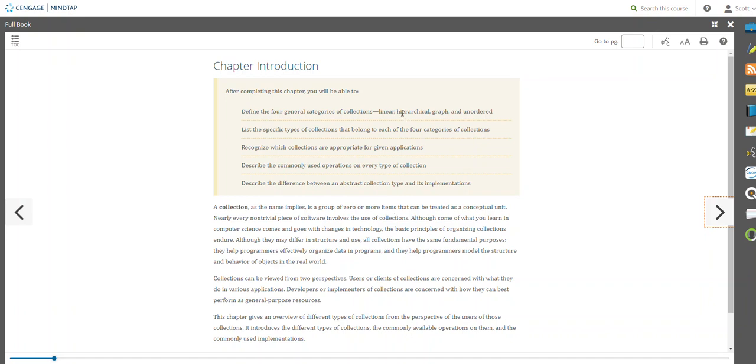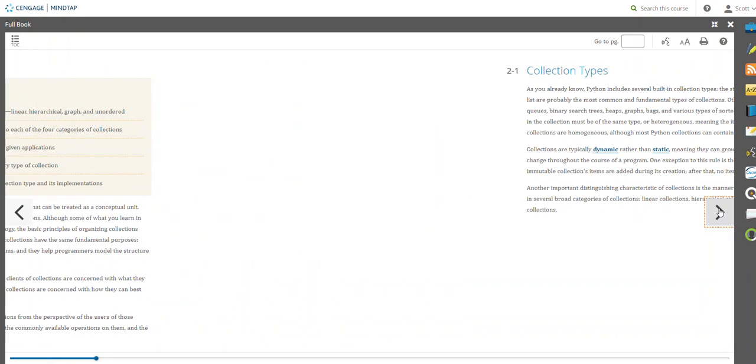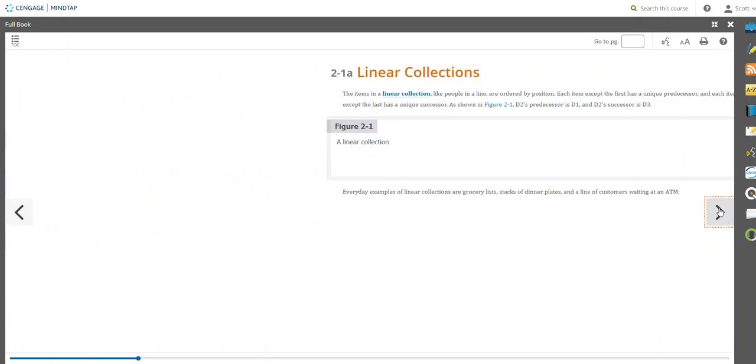The second would be hierarchical, which would be trees. Graphs are similar to trees. We'll talk about that a little bit later. And then we've got unordered collections. Okay. Now let's go ahead and step forward and we'll go look at